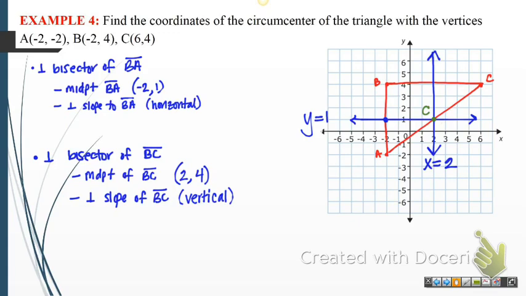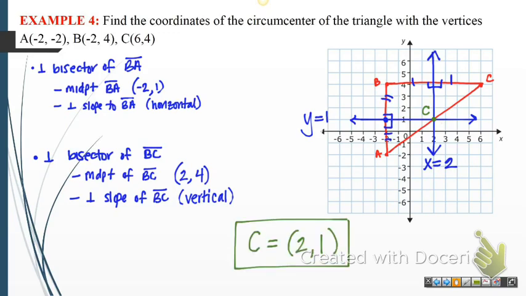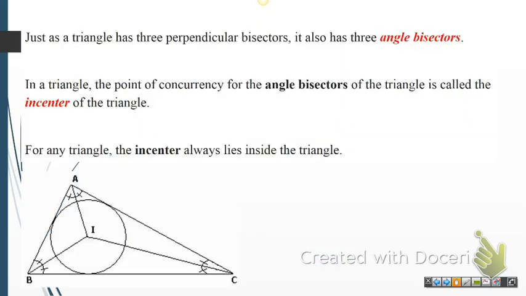The circumcenter is going to be right at the intersection of those two perpendicular bisectors. And it's going to be easy to see that the circumcenter should be at the point (2, 1). Okay, so that's what it looks like when you take the perpendicular bisector of each side of the triangle, right? We know that they're going to intersect at this point of concurrency, right, where they all intersect,